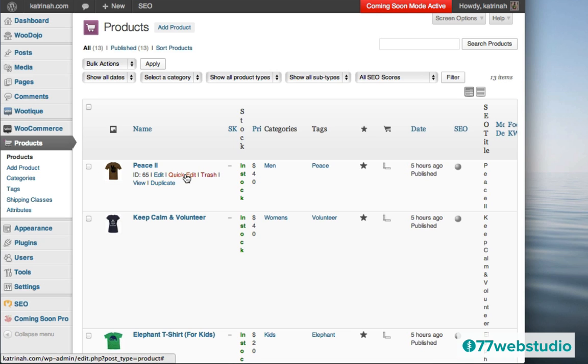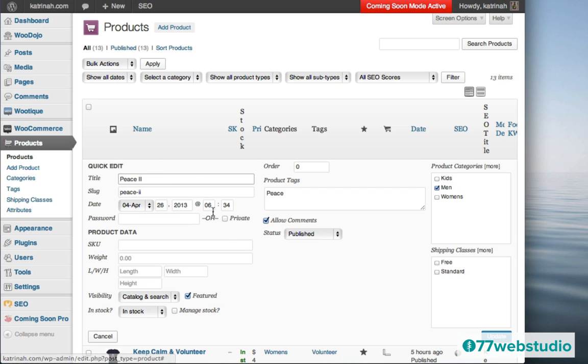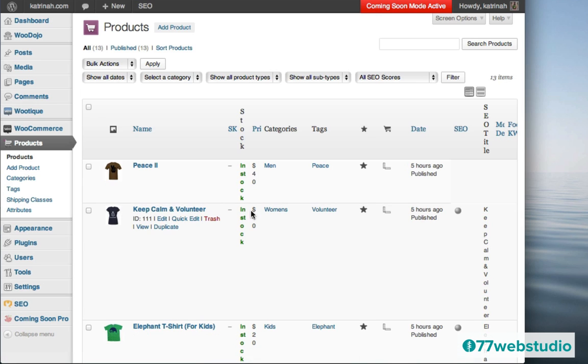I'm going to click on quick edit to edit this particular one, and then you see on the right-hand side it says shipping class, and I can select whether I want this t-shirt to have free shipping or standard shipping. So I'm going to click on standard, and I'm going to click on update to update the shipping on this t-shirt. The next thing I'm going to do is we can edit all of these t-shirts in bulk, which is a lot easier to do, by just selecting this item right here, which checks all of these different t-shirts.